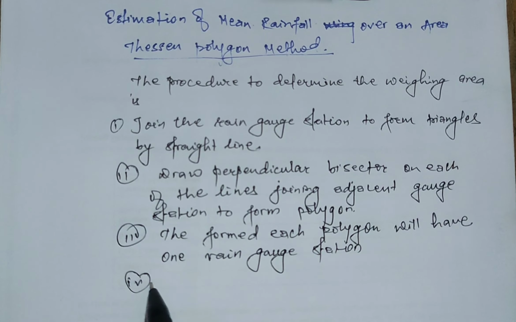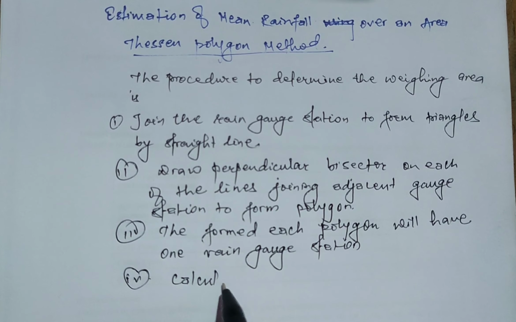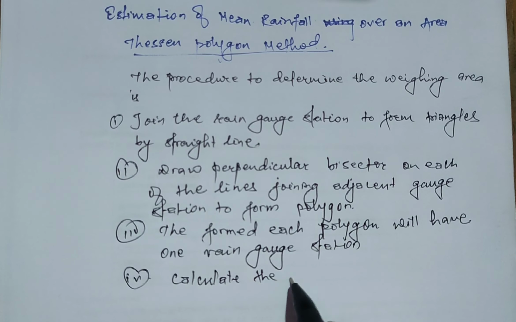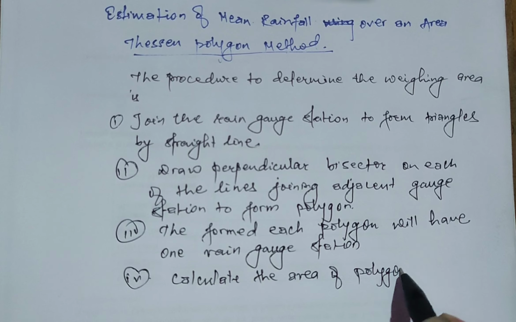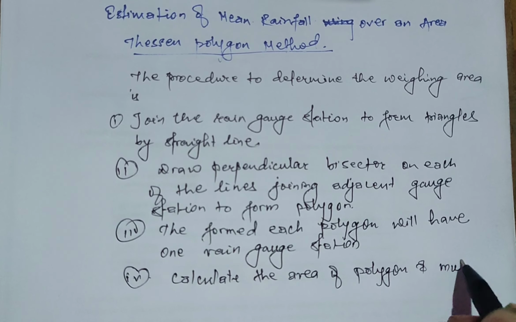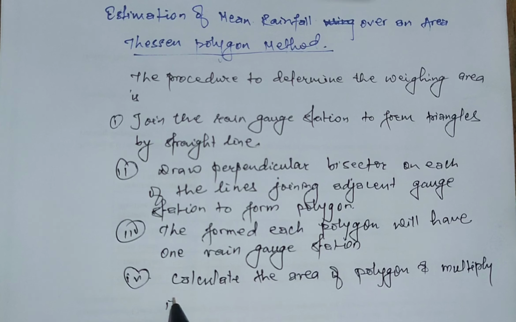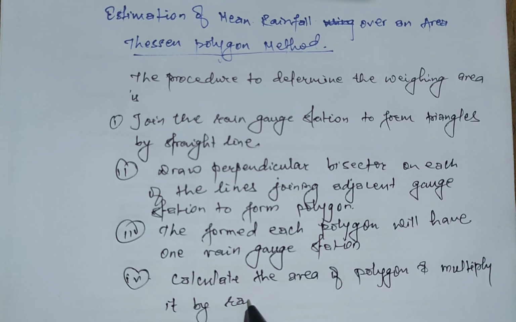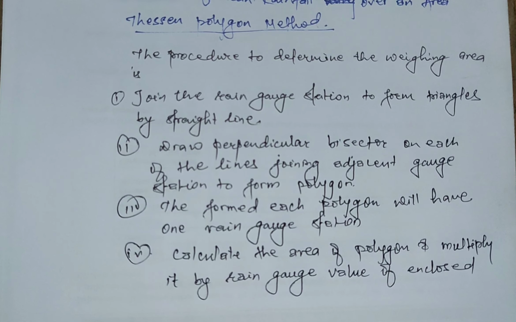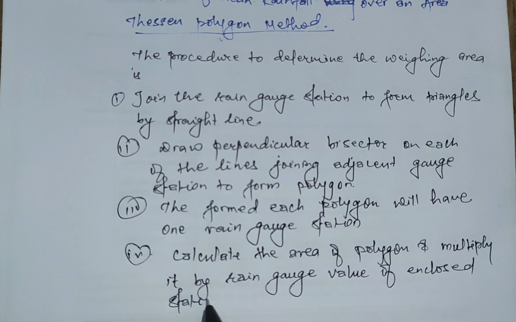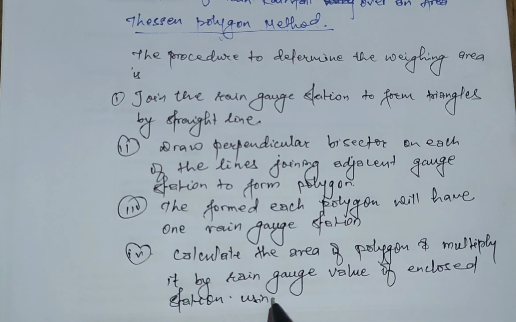And in the fourth, calculate the area of each polygon and multiply it by the rainfall, using the formula